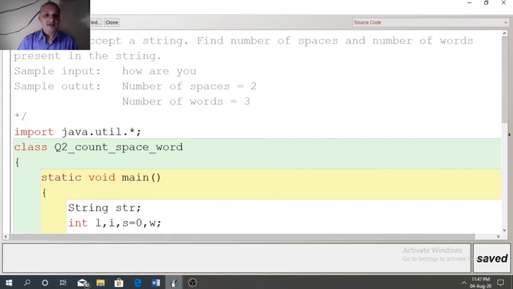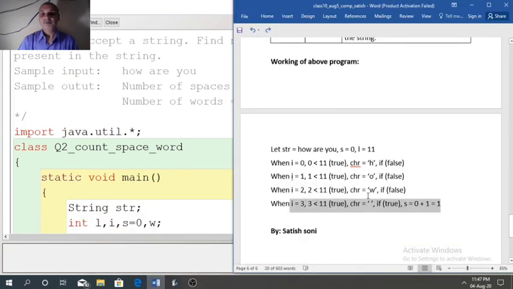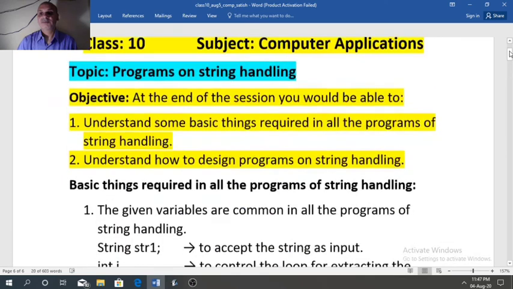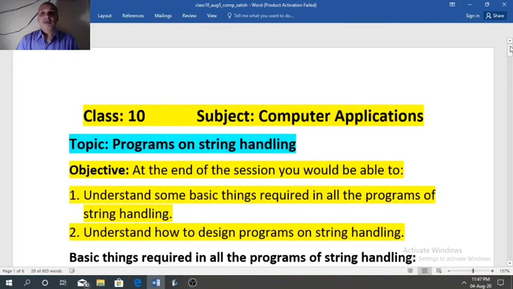So I have explained 2 programs today. I hope you would have understood both the programs. Today I am explaining only 2 programs, so please revise these programs. Try to understand them. On the basis of these programs, try to solve some exercise programs yourself. And it will be better for you to see the solved examples or solved programs given in the book, so that you may have an idea how the programs are designed.